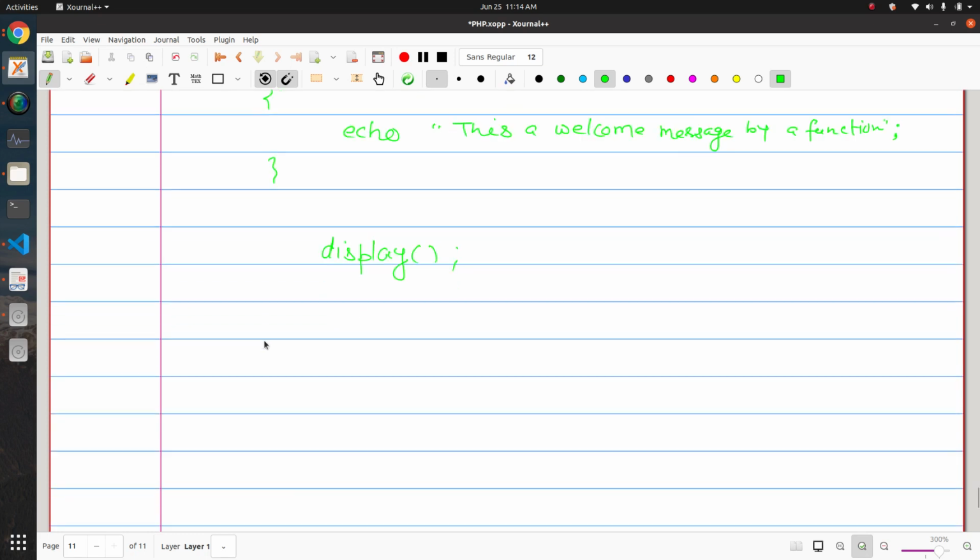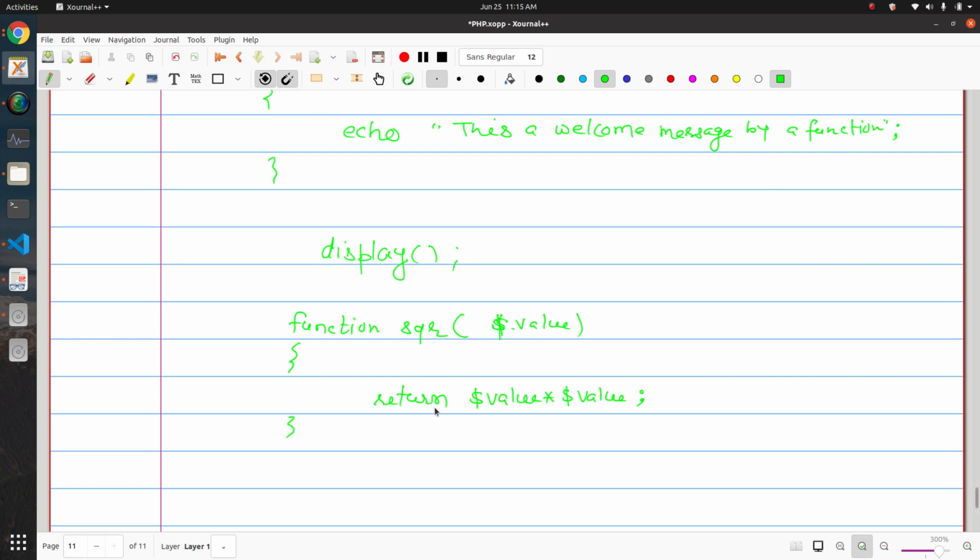For example, suppose there is a function sqr that takes a value in some variable, let's say $value, and then it returns its square, $value * $value.